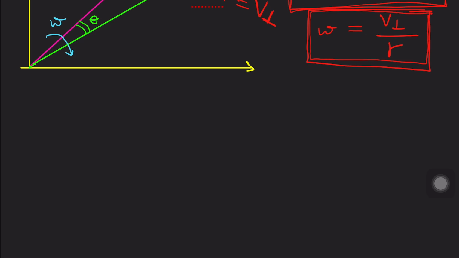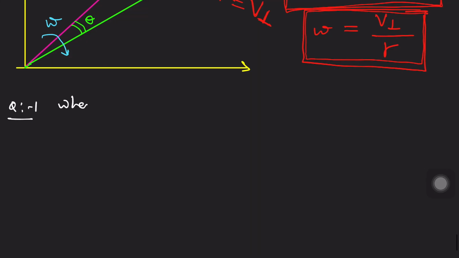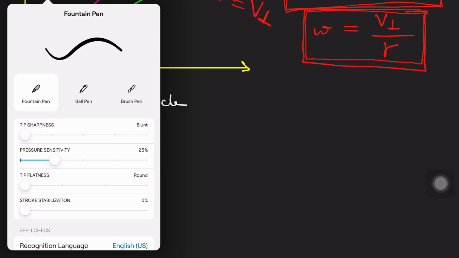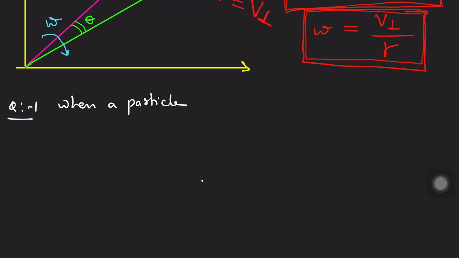Let me write down the question. It says like this: when a particle moves in a circle with a uniform speed,